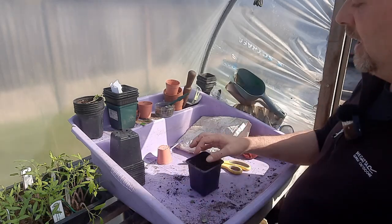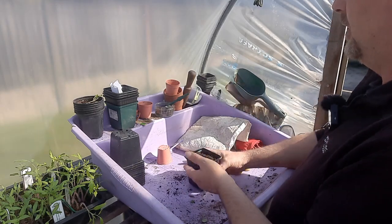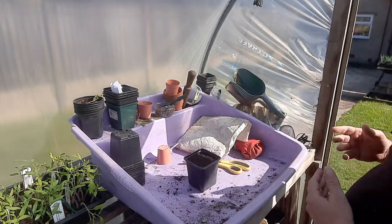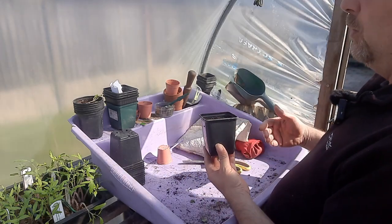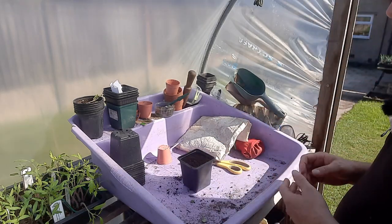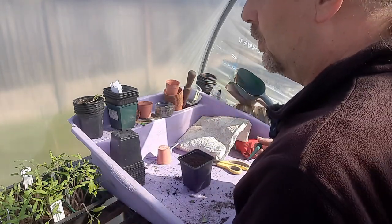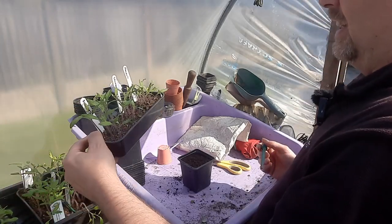I could put vermiculite in it, because it does get quite wet and heavy, this stuff, but I'm not going to bother because it's about testing the composts, so you don't have to buy that additional thing. So this is more for testing how much food there is in the compost, looking for signs of lacking, like yellowing leaves or purpley tinged leaves, where the plant's starting to go into some sort of stress. Now, my smallest plants are the Alicantes,